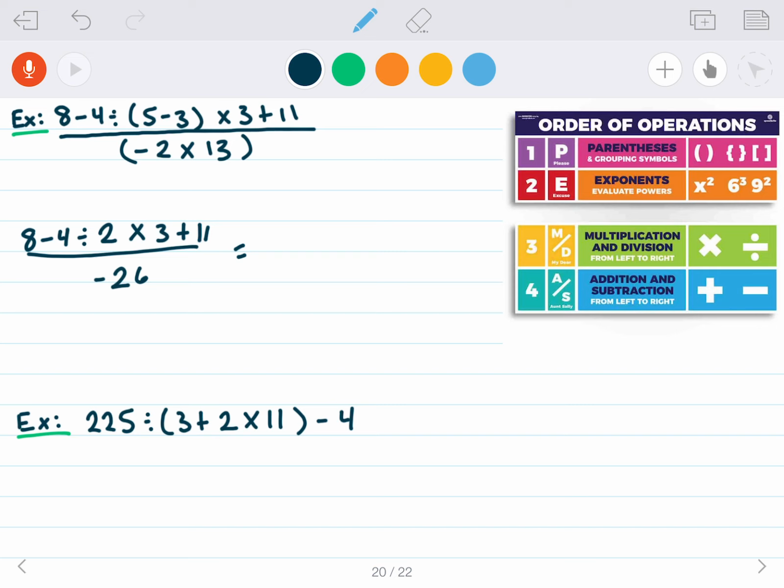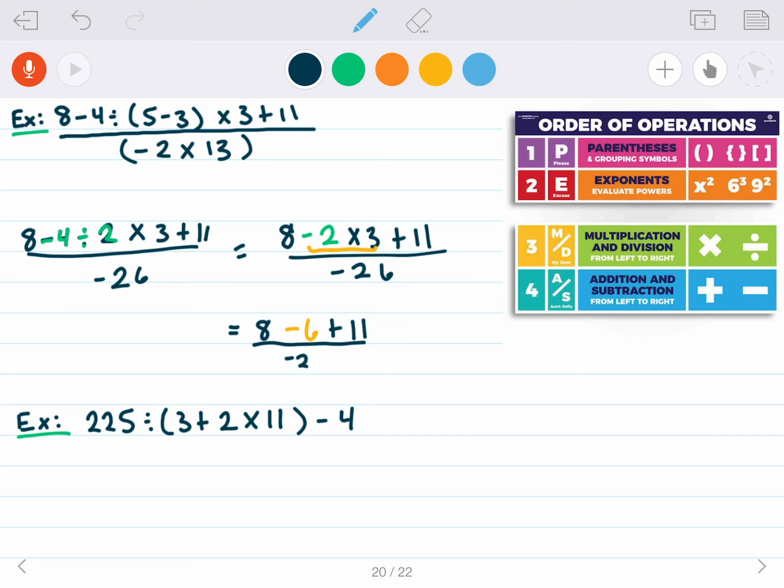Okay, so on top, I want to go from left to right with division and multiplication. So I'll start with the division. I have negative 4 divided by 2. That's going to give us negative 2. So we have 8, negative 2 times 3 plus 11 over negative 26. Then PEMDAS tells us I need to take care of this multiplication before I add. So negative 2 times 3 is going to give us negative 6. Plus 11